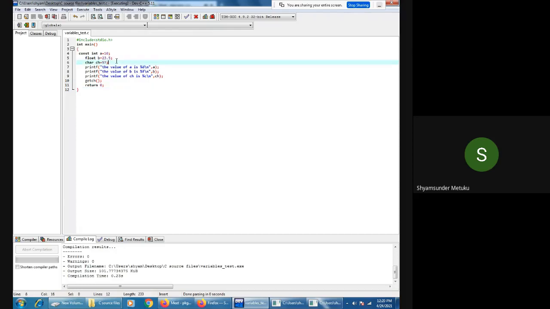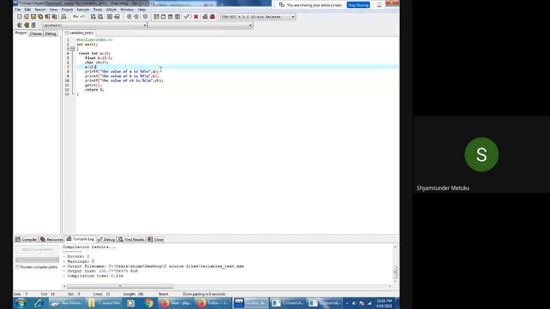Now I'm trying to do a equal to 25. Is it okay? Is it correct or not, writing a equal to 25? No, sir. Because a constant is a property of memory which must be defined at the time of allocation, but during program execution you are not supposed to modify the contents.